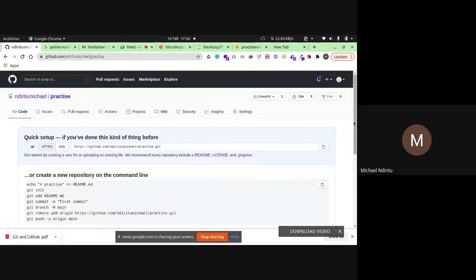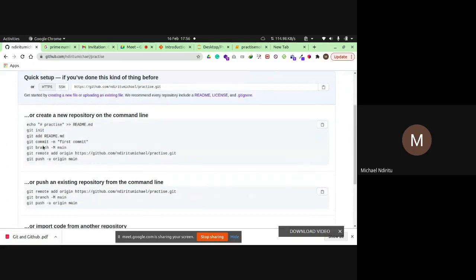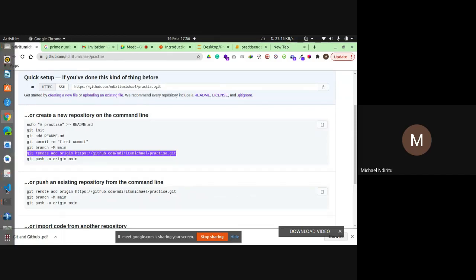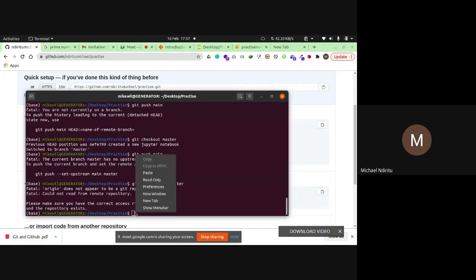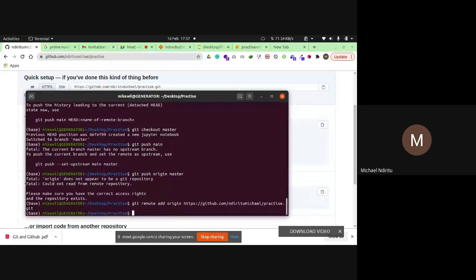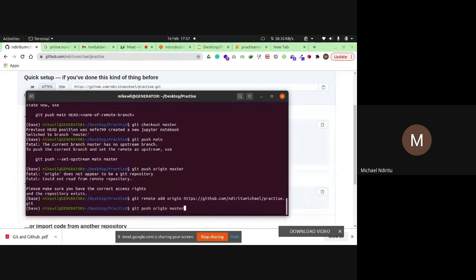So here, as you can see, they tell you the steps, and this is the step that I was forgetting. What you need to do is link the remote repository to your local repository. You can copy this after you create the repository, paste it here, and then git push origin master.